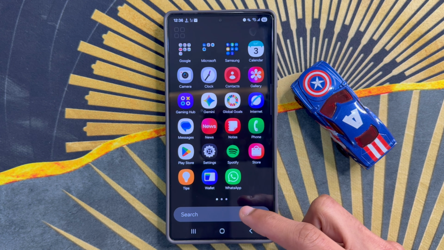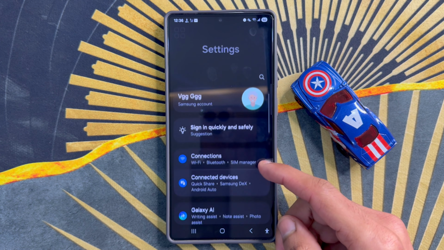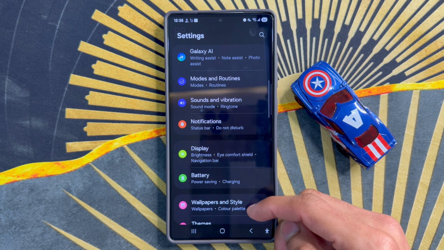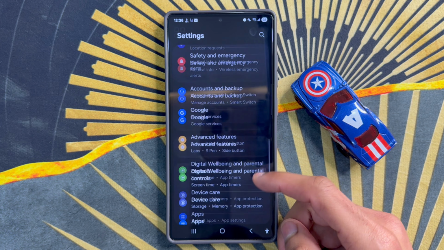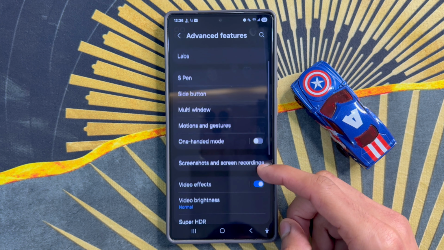Here, click on the Settings app. Now in Settings, scroll down and click on Advanced Features. After clicking on Advanced Features, scroll down